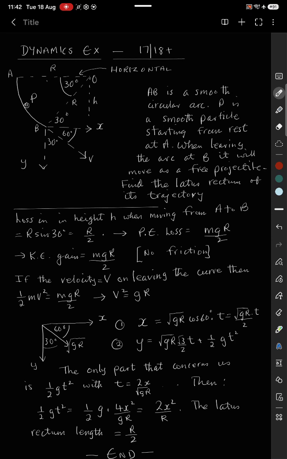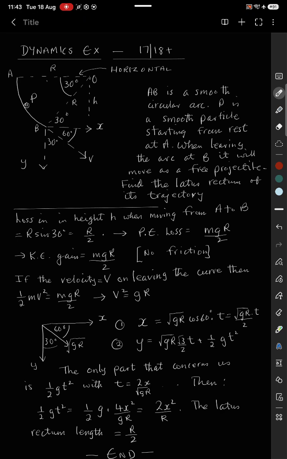And P is a particle which starts at A, moves down the arc, and leaves at B into free space. Okay, the particle starts from rest. And we want to find what the latus rectum of the parabola will be when the particle leaves the